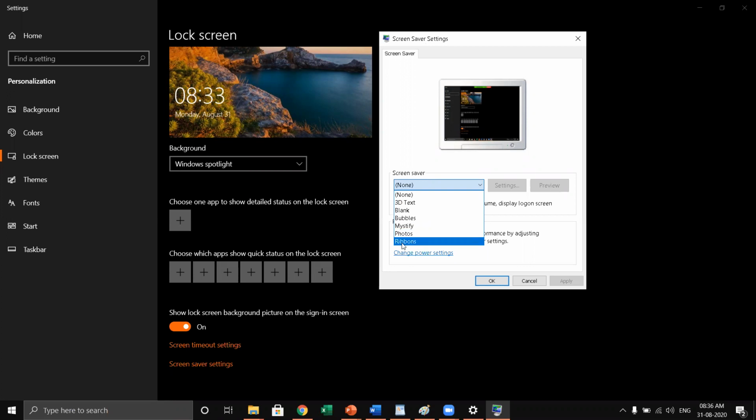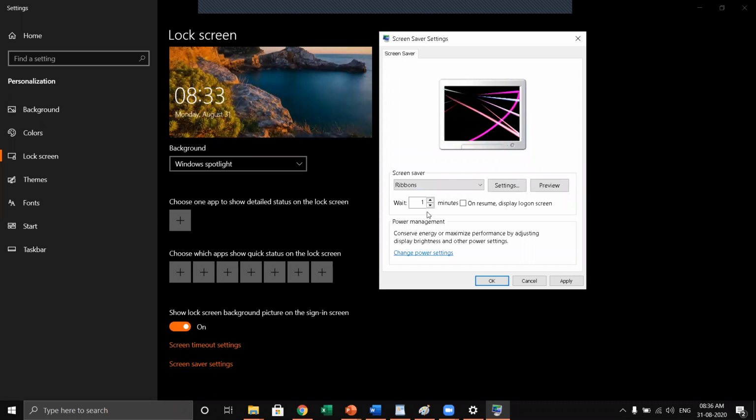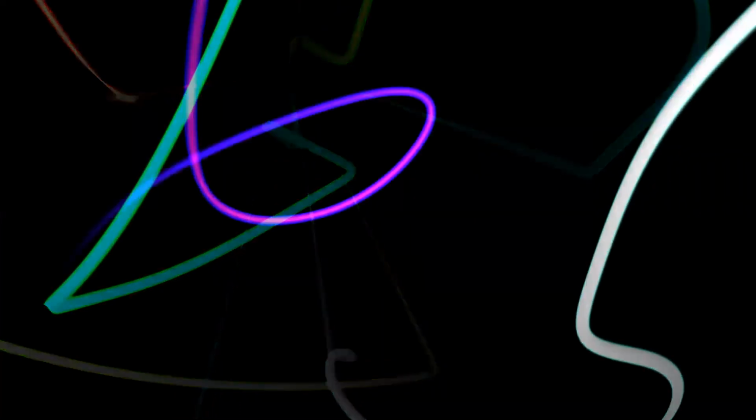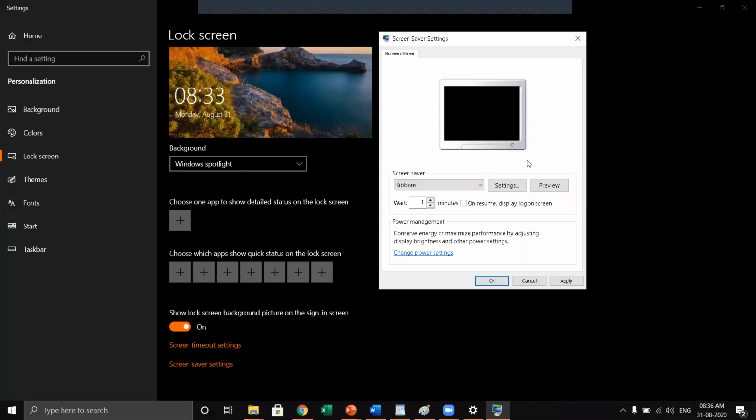Now first I will click ribbons. Can you observe here? Now children, I'll give a preview. See, when you don't use your system or the computer for a long time, then automatically the screensaver will be activated.